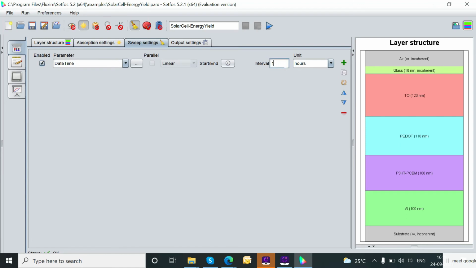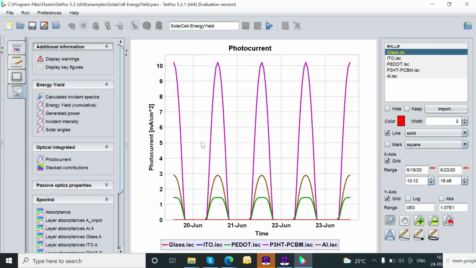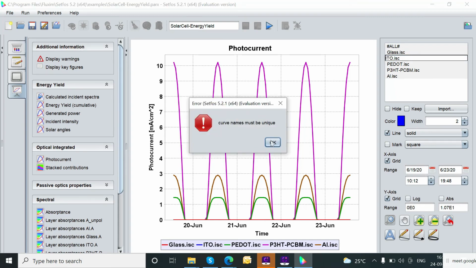This is energy yield calculations. So you can see the photocurrent analysis with particular time dependent energy yield calculation. So 20th June, 21st, 22nd, 23rd, 24th June, because in the input we have given the time limit.